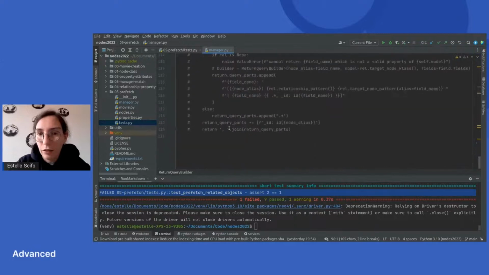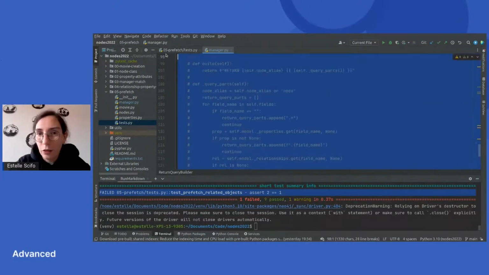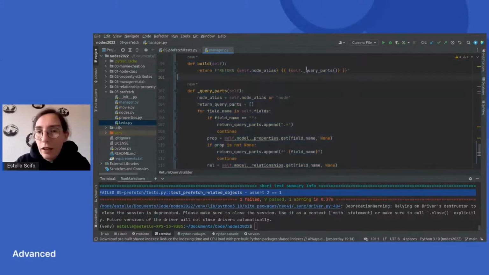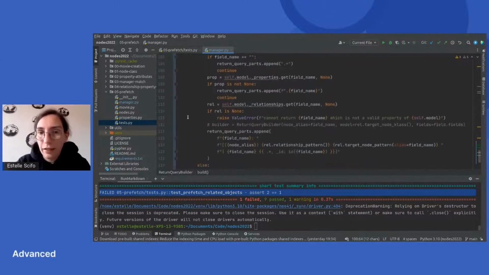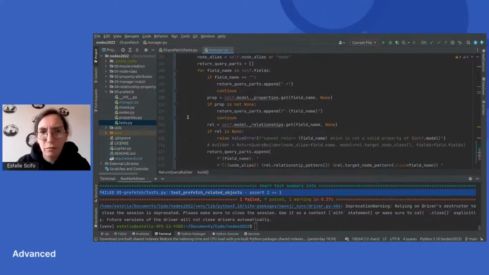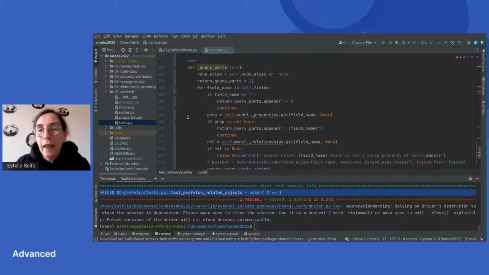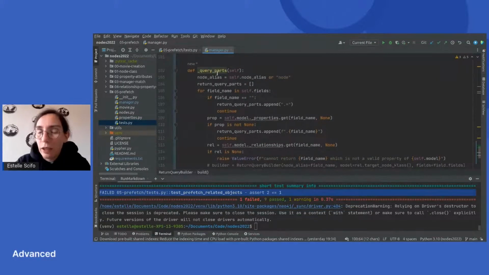we are going to use this code here, where we are building the query parts. This code is a bit more complex and can probably be simplified again. But the important thing is that it will iterate over all the fields that we are providing, the fields we want to fetch together with our starting node.